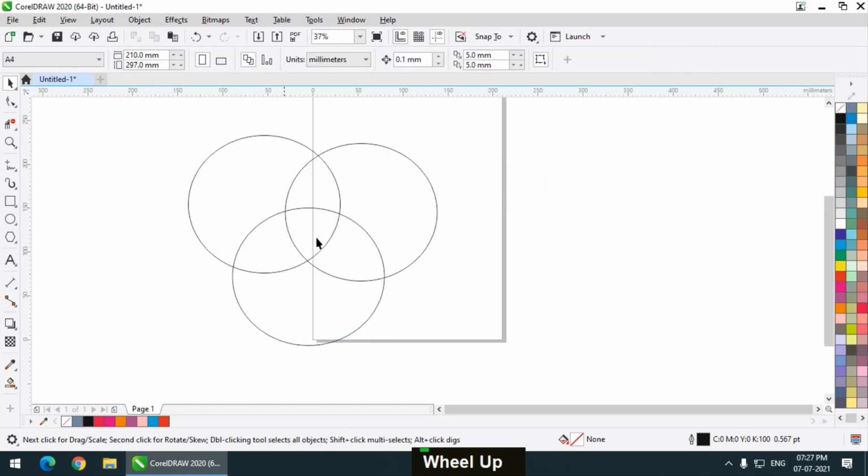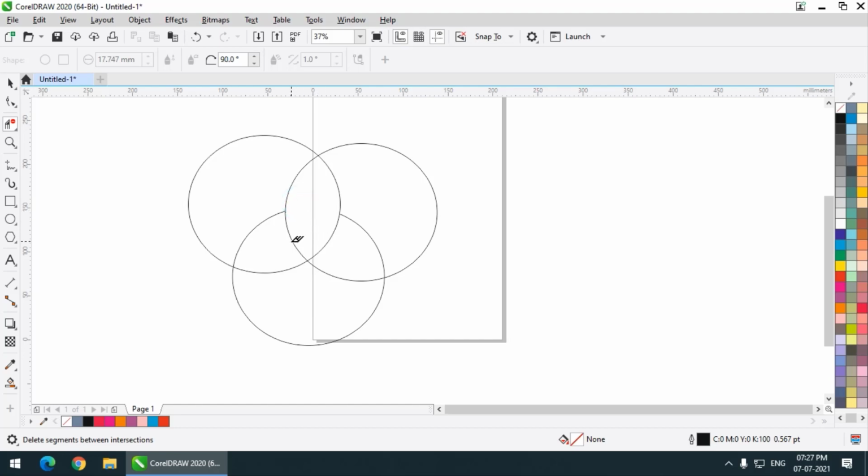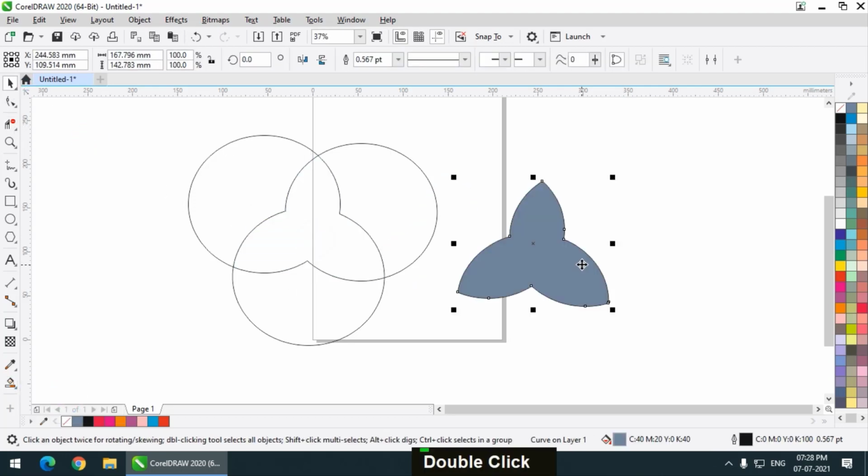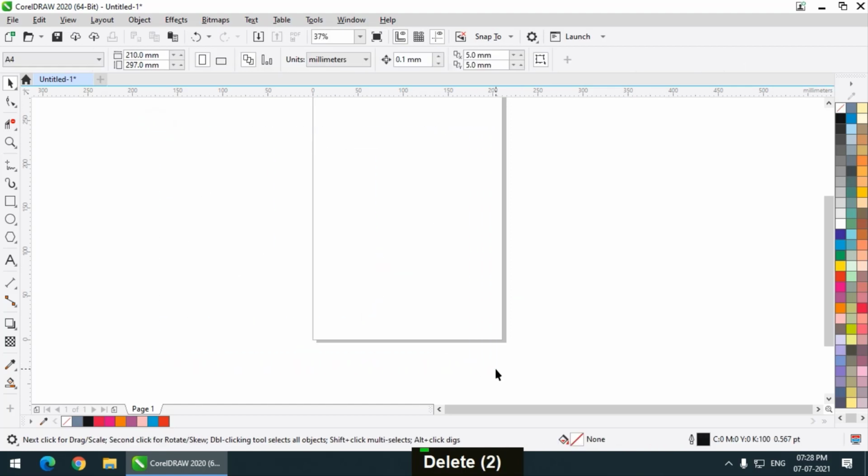So let's say if I want this area, then I can simply select this entire area, but I don't want separate areas, so I can simply delete the segments like this, like this, like this, and I can simply use the smart fill tool to create a separate area. As simple as that. So again, these parts are called the segments. Again, we have a different kind of segments.